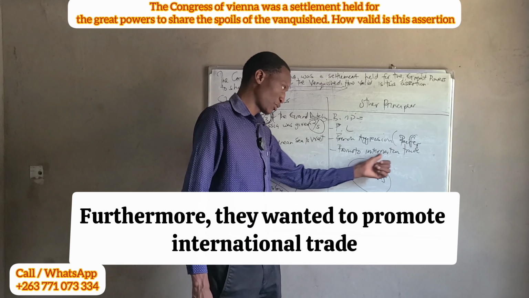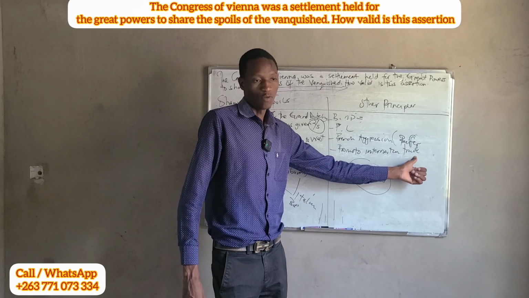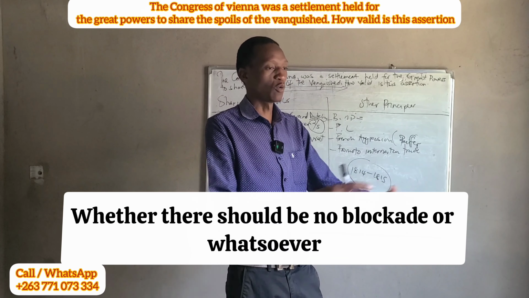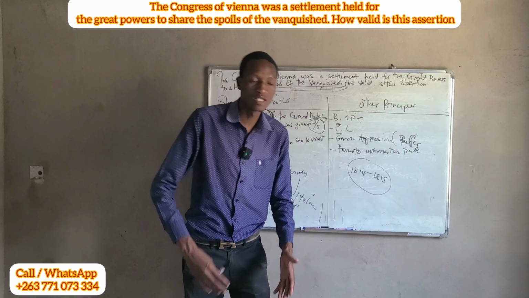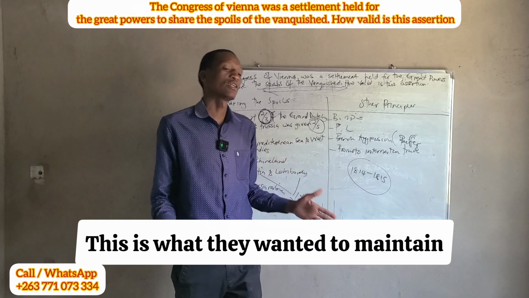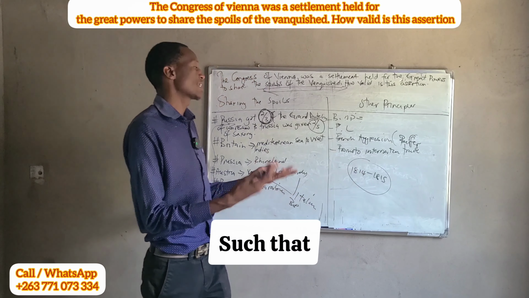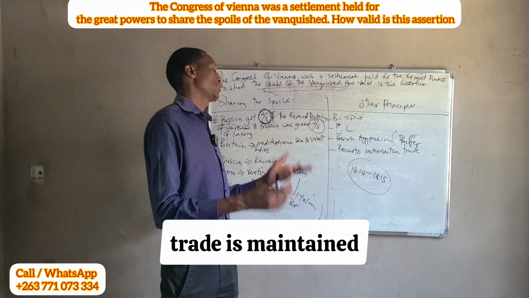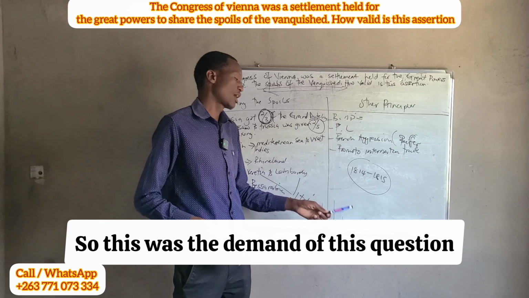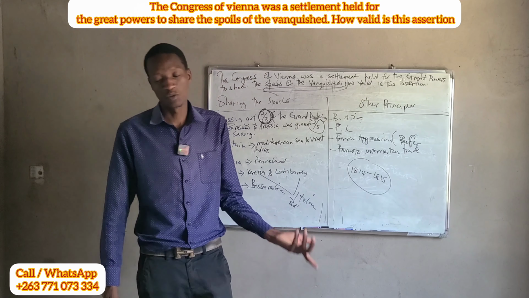Furthermore, they wanted to promote international trade, whereby there should be no blockade. This is what they wanted to maintain. So these were the demands of this question. Those were